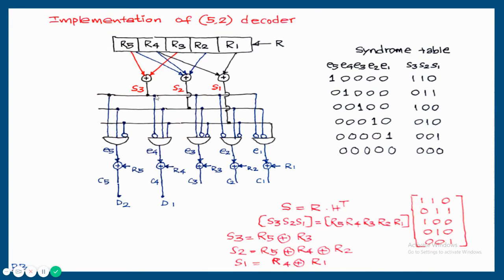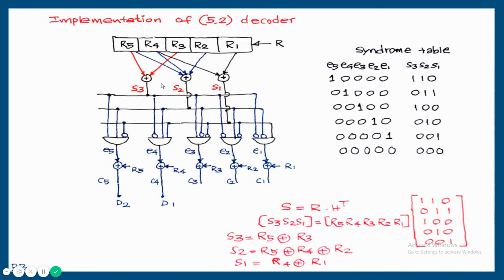So this 1, 1, 0 I am implementing here. The first one is a direct connection. The second one is again connected directly. And the third bit is 0, that is, it is connected to an inverter, that is a complement. So it is direct, direct and complement, because the first syndrome S3, S2, S1 is 1, 1, 0. I'll give the reason why the connection is made like this.